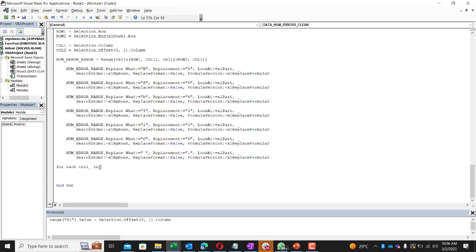If VBA has a choice, it will probably choose the wrong one, or worse, giving it that choice takes a lot of space, which will also slow your code down. So it's always nice to explain to VBA what we're using. So for each cell in num-error,